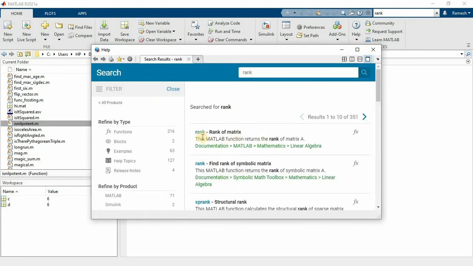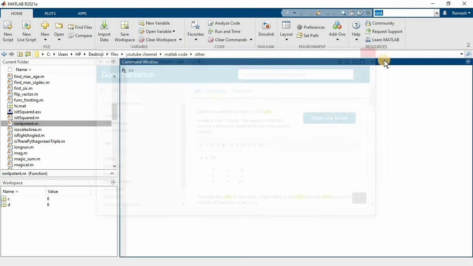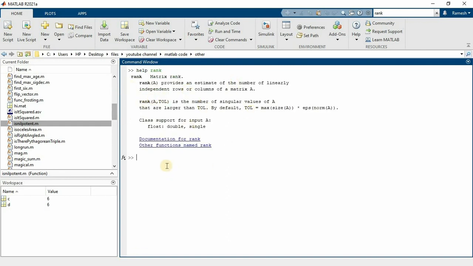You will get the help for rank, documentation under MATLAB mathematics, so it's better. You can also get simple help by typing help rank. Click here and you will get a summary of that command. Now this is for the community, requesting support and learning MATLAB. Online resources are available here, multiple different resources. You can also learn from here.